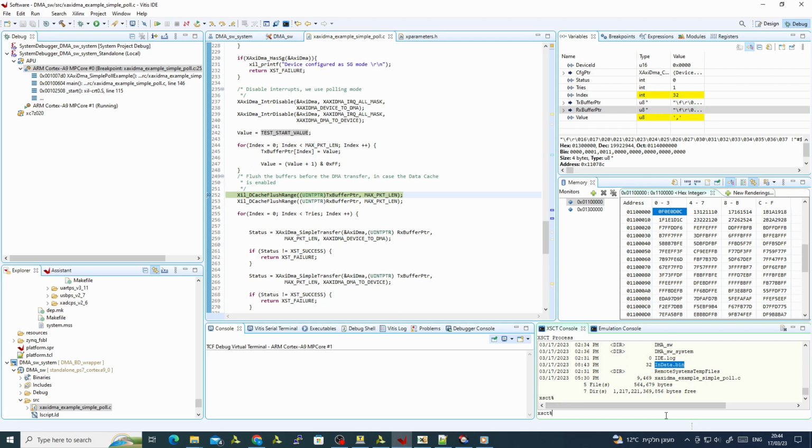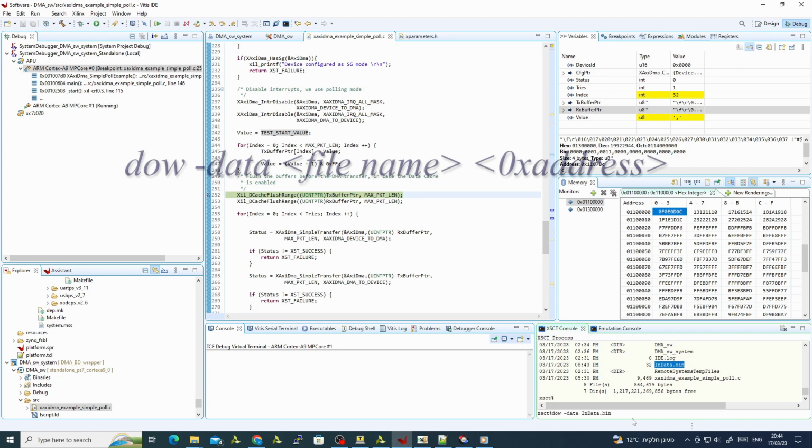Now the command to download a file from my PC to the memory in the FPGA design is dow -data, and the name of the file. I will take it from here, and we have the address. We need to get it to the TX buffer, which is at 011000. So